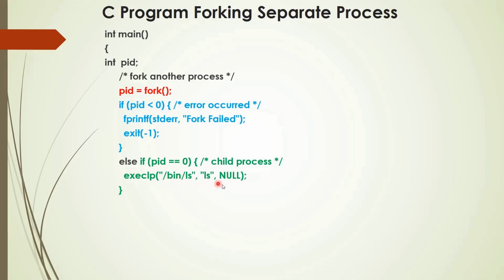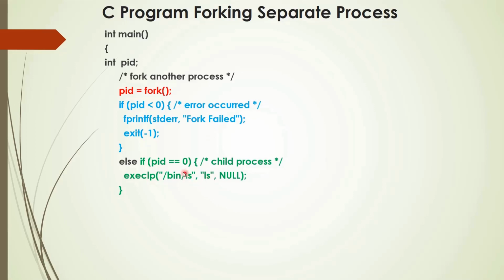The parameters to be specified are where that ls command is stored. It is stored inside the bin directory, so we have to specify the path of ls, and the command is ls, and the third parameter is not required, so it is put as null. The child process will replace its program with this ls, this particular section. So it will execute the ls command and display all the files and directories where this particular C program is stored. This C program is stored in a directory, so in the same directory we will be applying the ls command and all the files and directories will be printed.